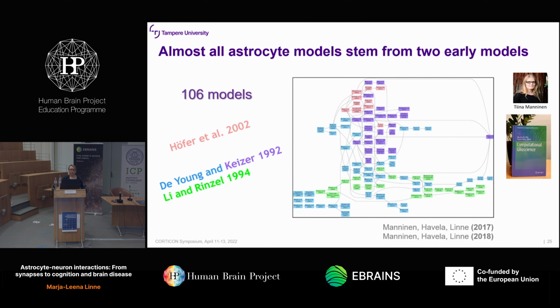And with this study we concluded that if you compare to neuronal modeling, there exist many detailed models that are fitted against data for different types of neurons. But for astrocytes it seems that there are only two types of models. Those that are based on the Höfer et al. type of model, and then this a little bit simplistic De Pittà-Kaiser and Li-Rinzel model. So basically all these models that you see in this slide stem from two models.